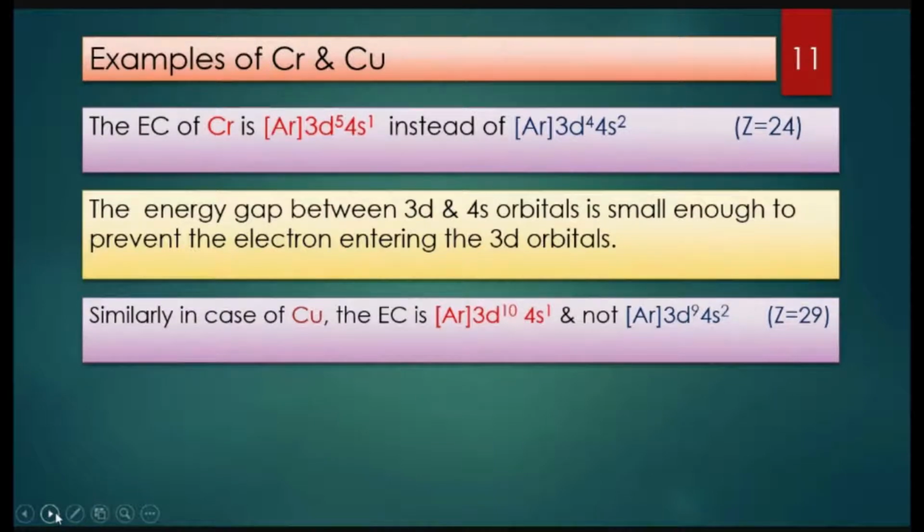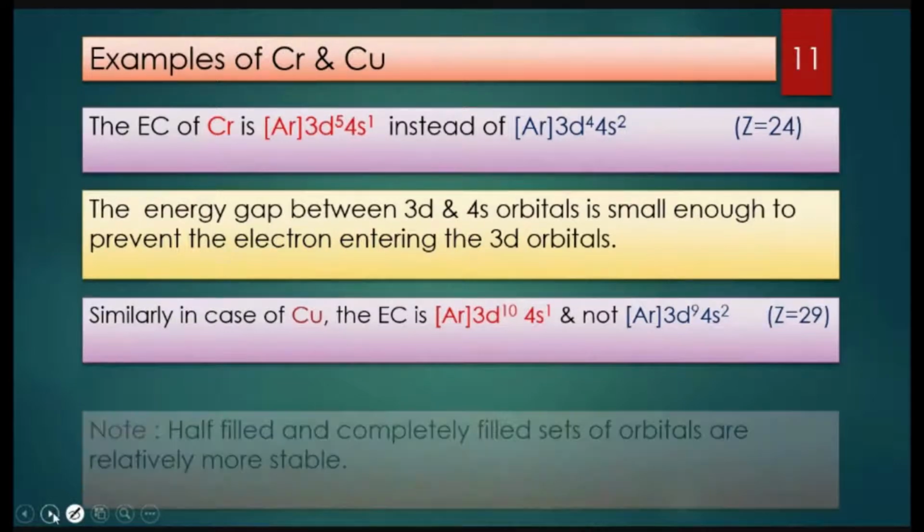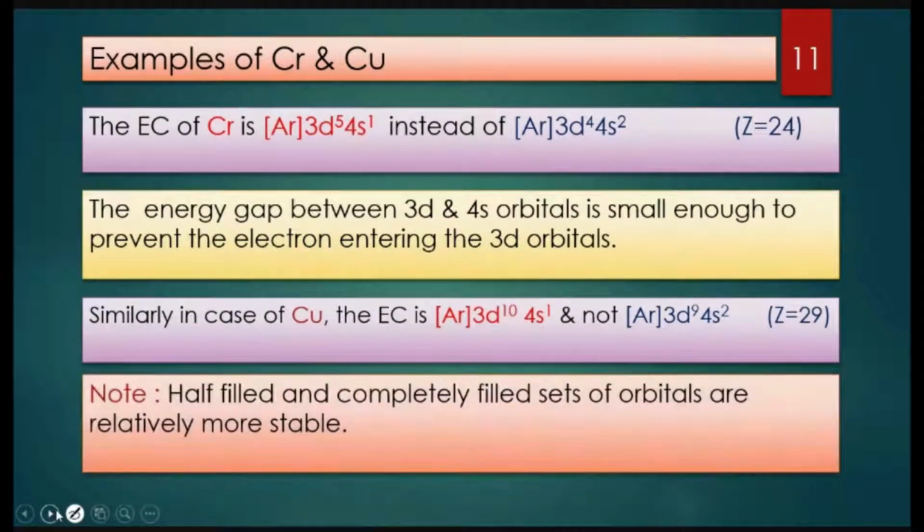So when there is a shift of electron from 4s orbital to the 3d orbital. Similarly, in case of copper also, the same shifting of an electron from 4s orbital to the 3d orbital can be seen. So thereby here we have obtained completely filled 3d orbital. So then why does this kind of shifting of electron take place? Because if any element is having half filled and completely filled sets of orbitals, it is considered to be stable, or you can say it is going to attain stability by having half filled and completely filled sets of orbitals.